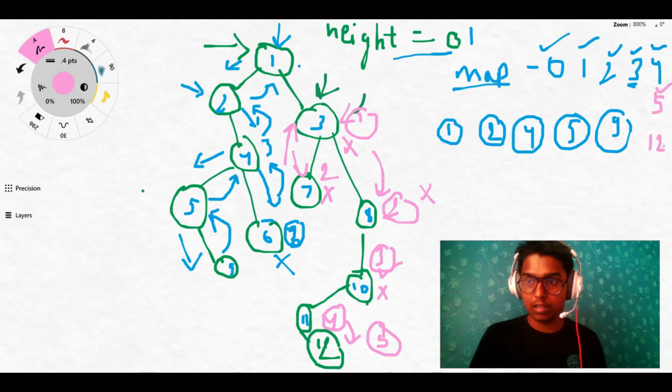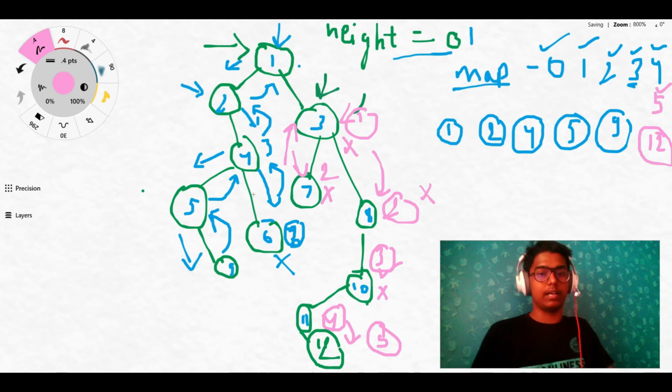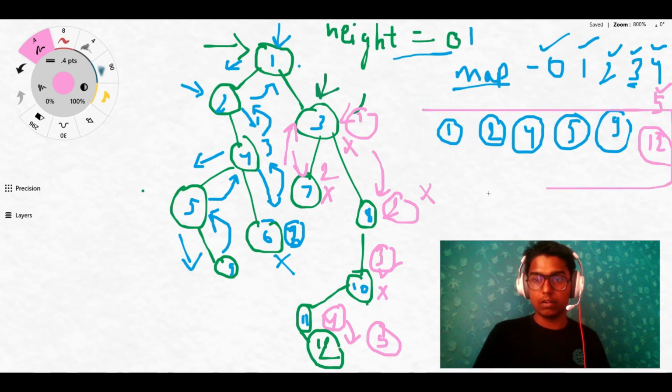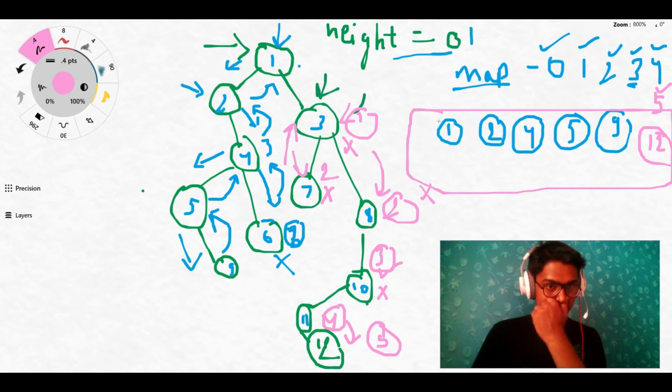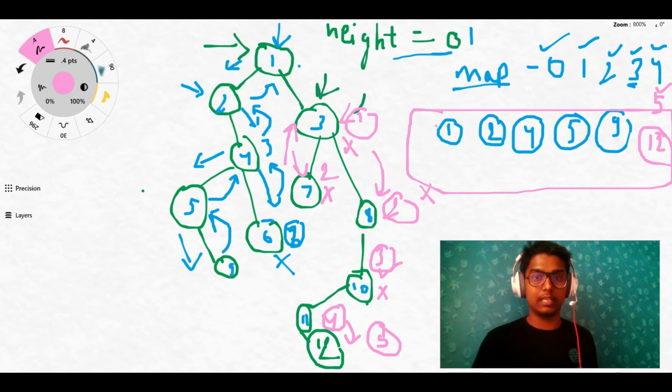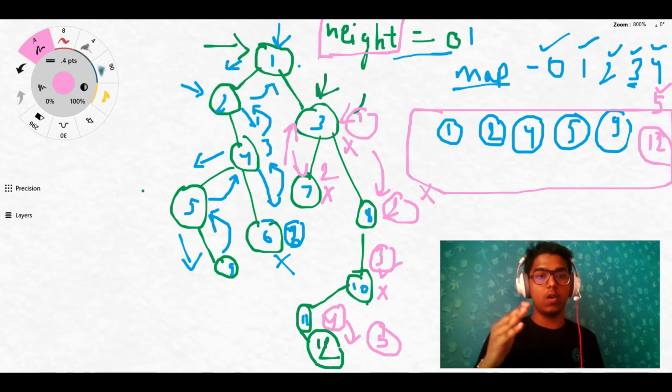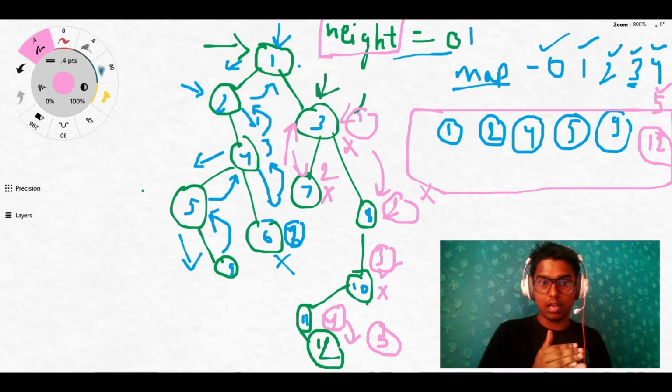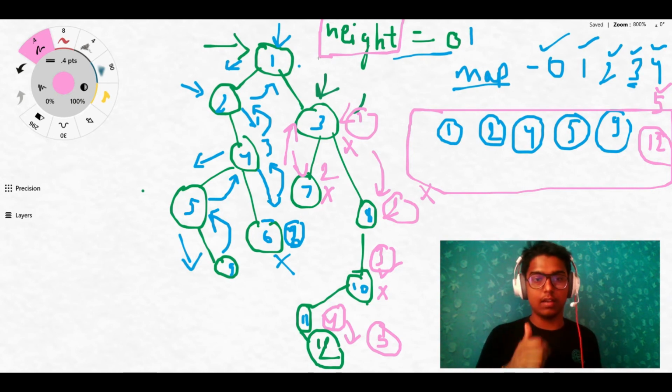I will be printing 12 again. Sorry, I will be printing 12. So this will become my height of the tree. Now, as you have understood, I need to maintain a variable height whose value is going to increase on going to left or right, got it? And it is going to decrease as we traverse back to the upper node, right?